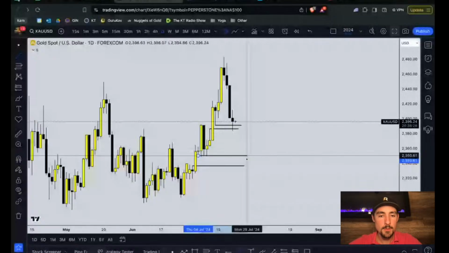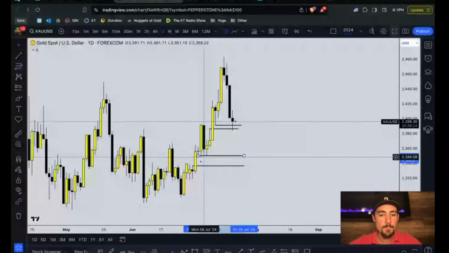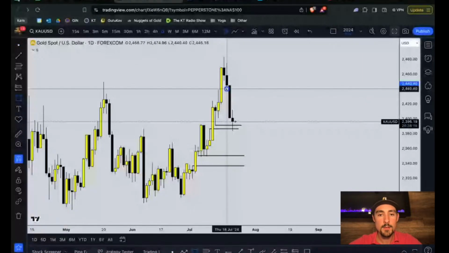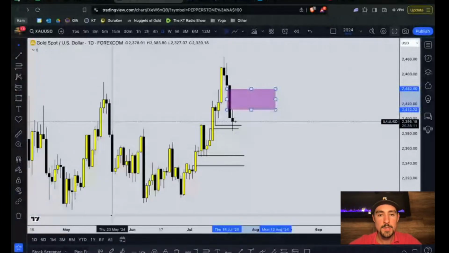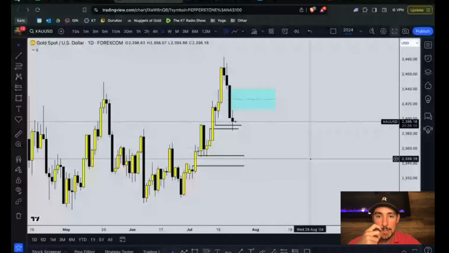We can see that this fair value gap, buy side imbalance, sell side insufficiency has not been traded into yet. And we actually do have an imbalance, a fair value gap right here,